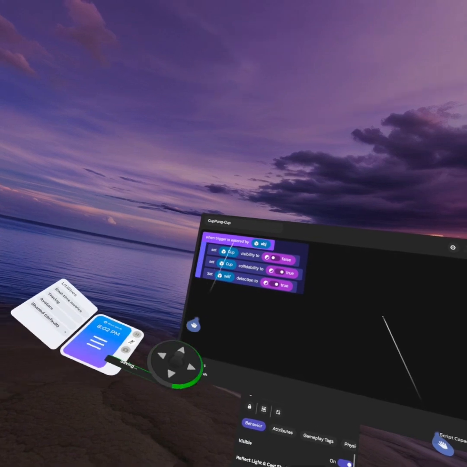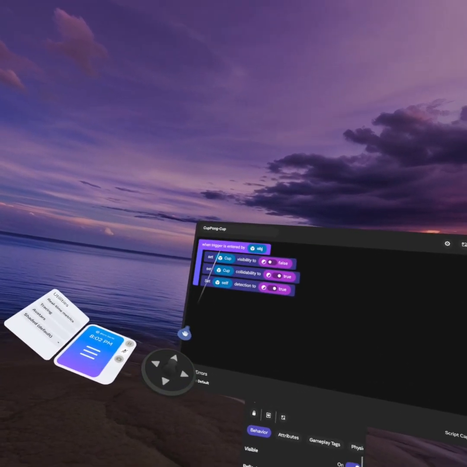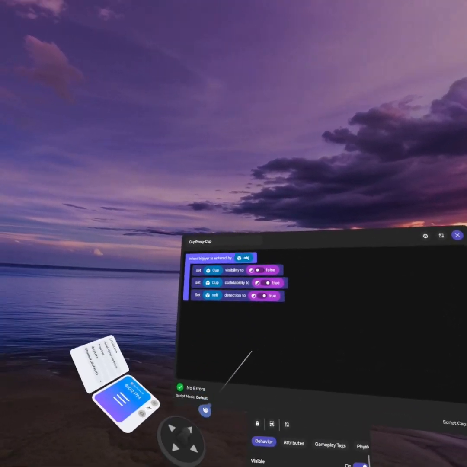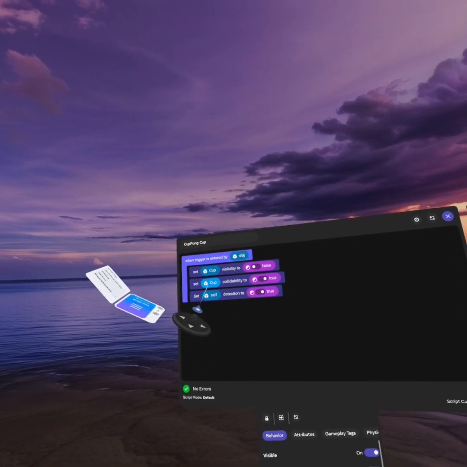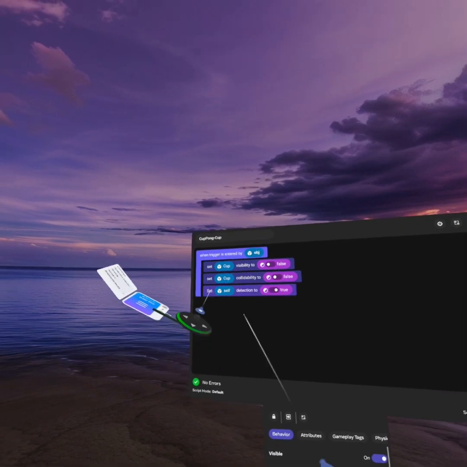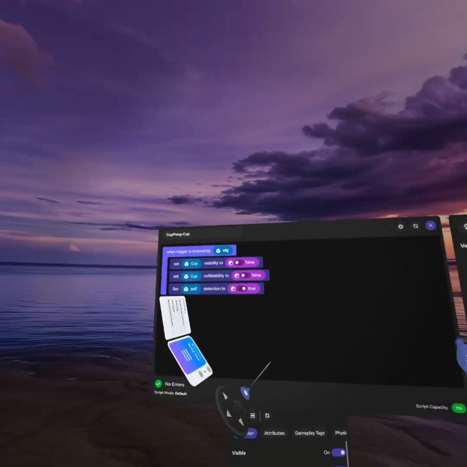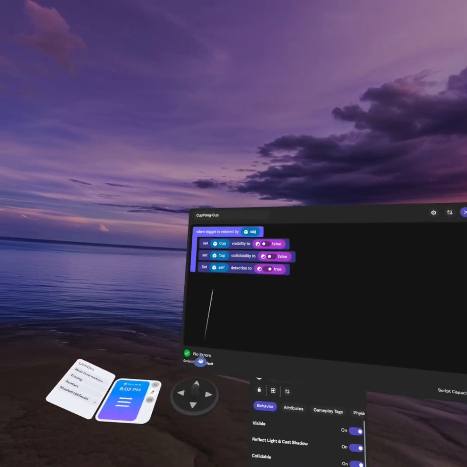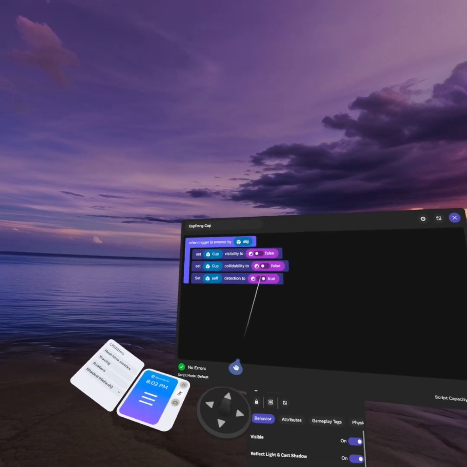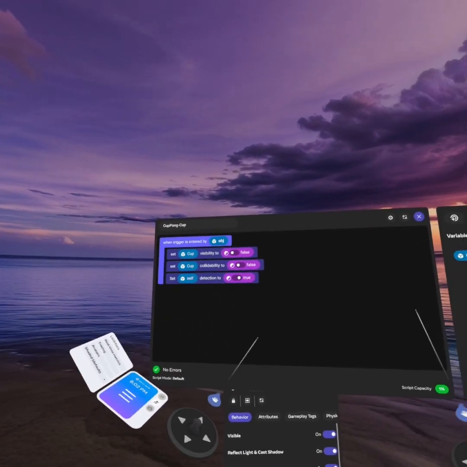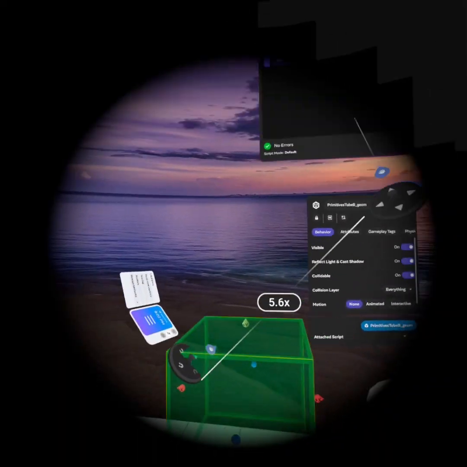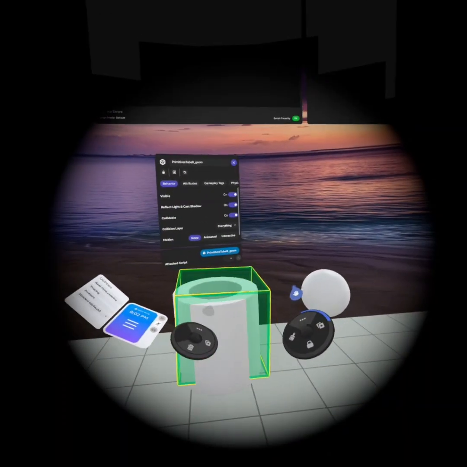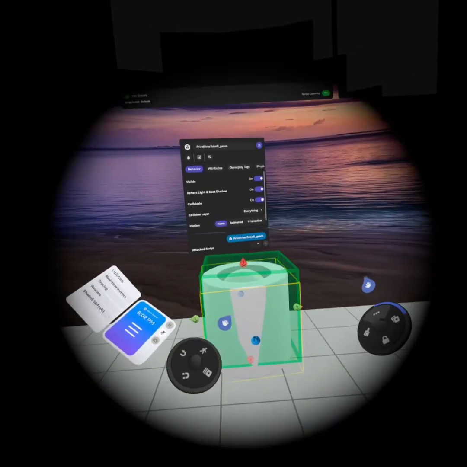No, we want that false. When trigger is entered by object, whenever this happens, set the cup visibility to false, set cup collidability to false, and then next is the trigger. Now, we're going to put the script on the trigger. So all we have to do is leave this self, because if the script is attached to the trigger, it's referencing itself, okay? So it's saying, when a ball enters me, make this